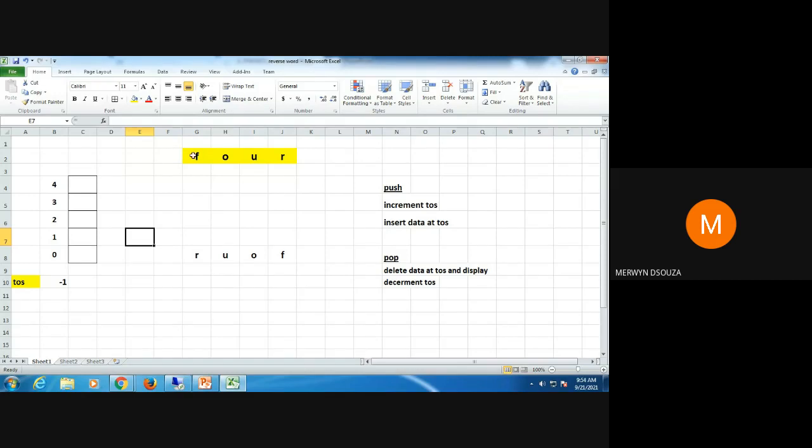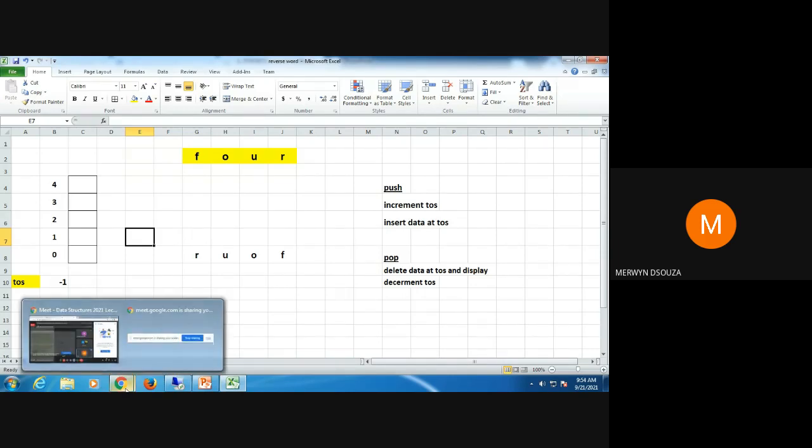So when you are inserting, you have to push the data onto the stack, the word one by one letter at a time. And when you want the reverse, just pop from the stack. All the letters from the stack have to be popped till the stack becomes empty. That's the reverse of the word that you had stored on the stack. So this is one simple application of a stack.